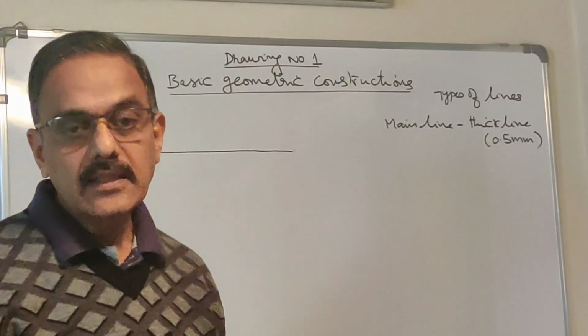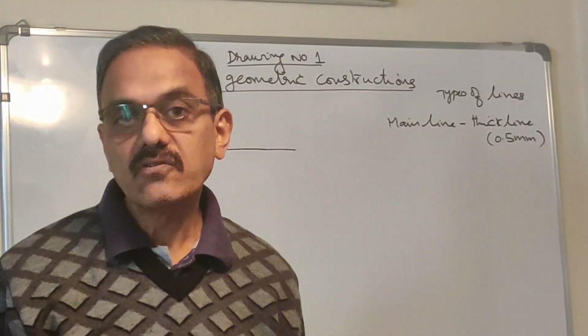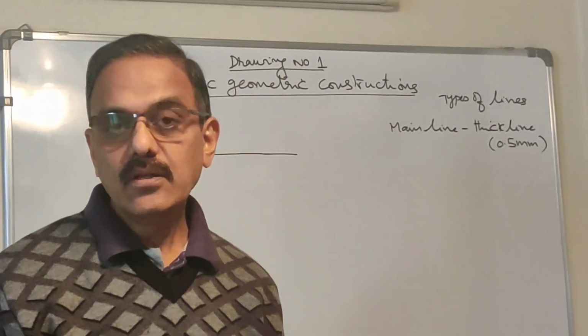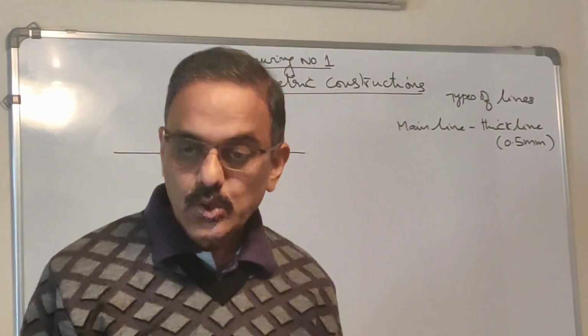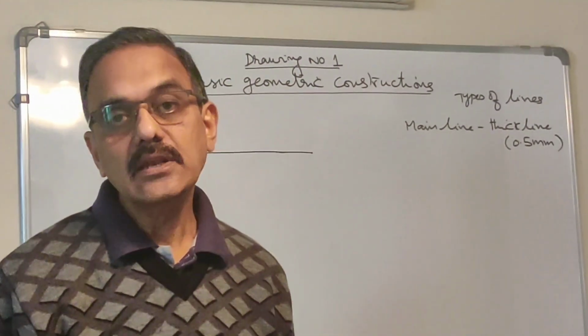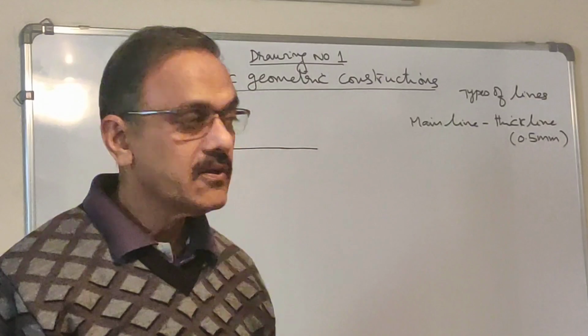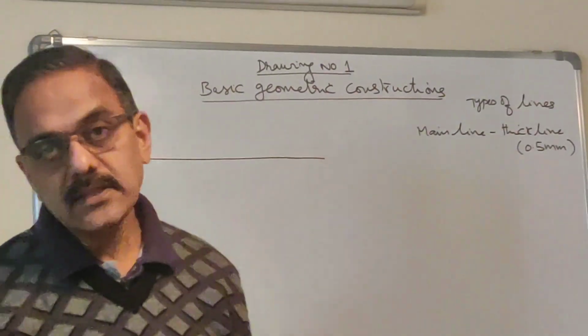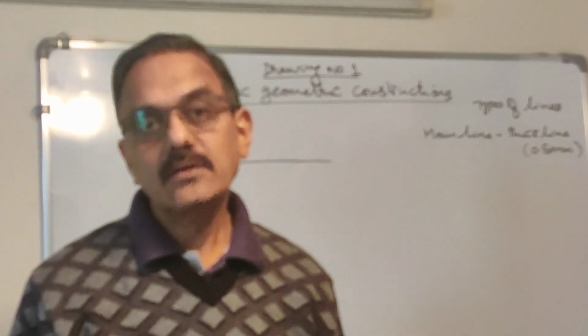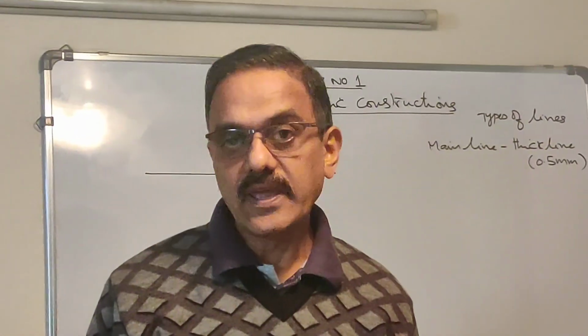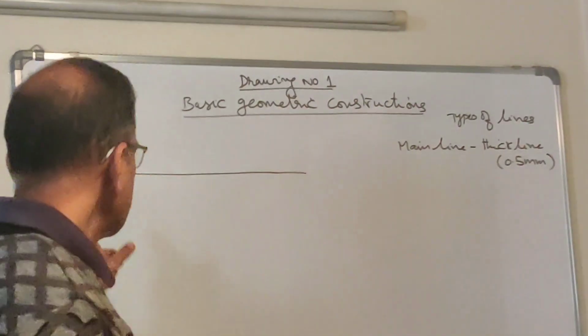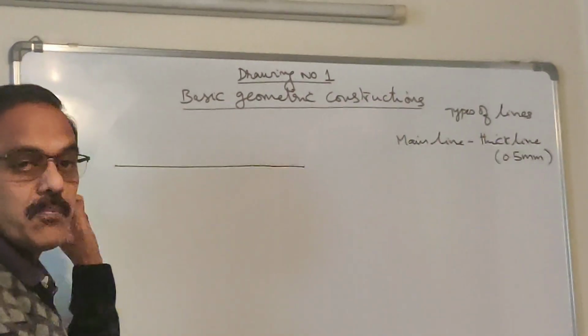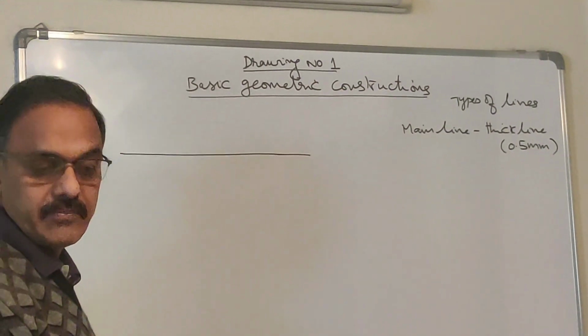If you want to draw a line, there is a command in the Solid Edge software. It is called line command. Once you click that line command, you have an option to choose the thickness or the width of the line. So if you want to draw a main line, you go to that line command, select the line command, and then select the width as 0.5 mm. Okay. So this line is drawn using a 0.5 mm thick line.